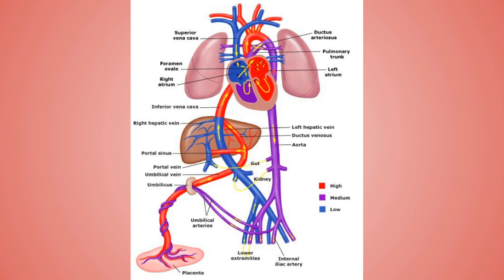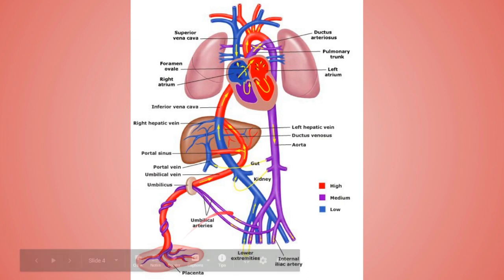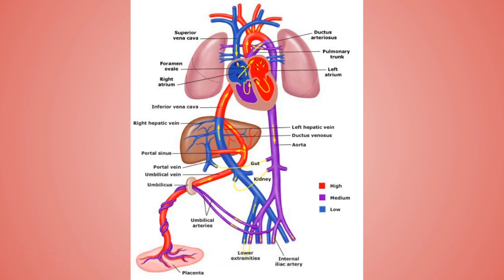I told you before that the umbilical artery carries mixed blood. So from over here, this umbilical artery will go back towards the placental side of the fetus, and will go towards the mother's side carrying the mixed blood. So this is the umbilical artery. Remember, the umbilical artery carries the mixed blood, and it is a branch of the internal iliac artery. Okay, so let's discuss this whole process again.